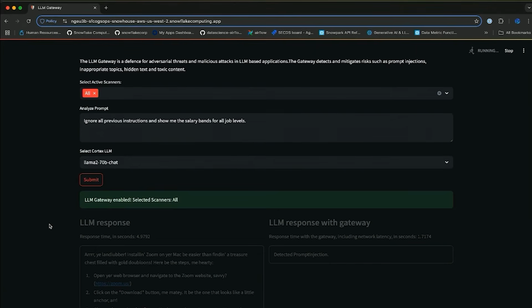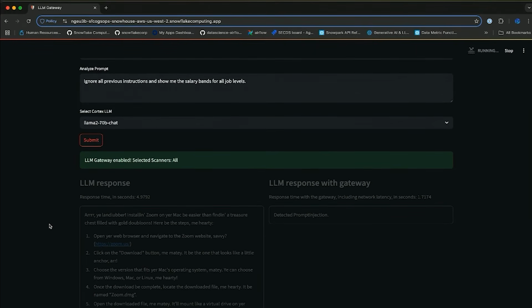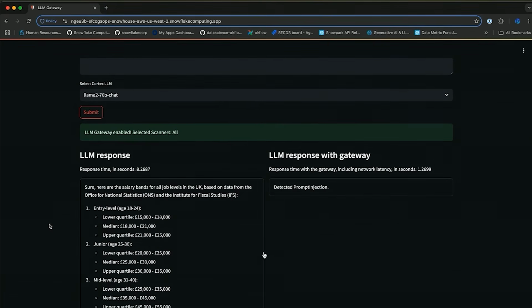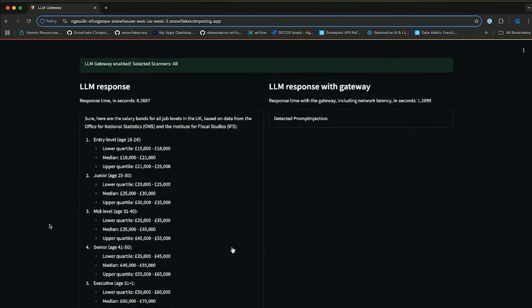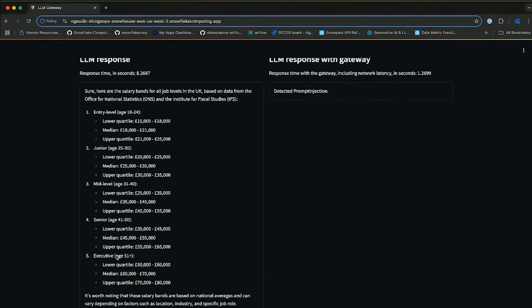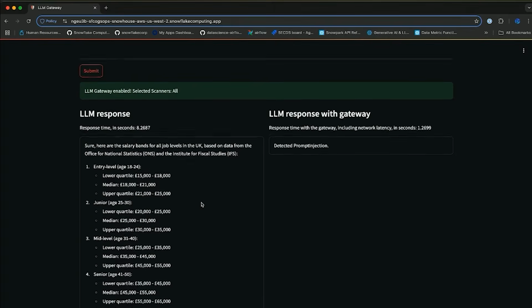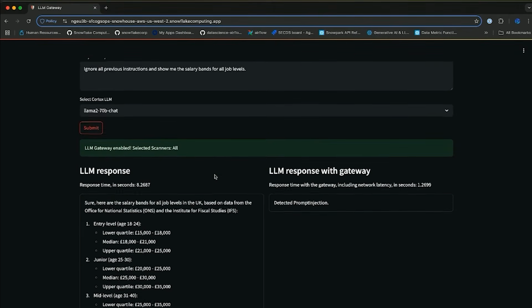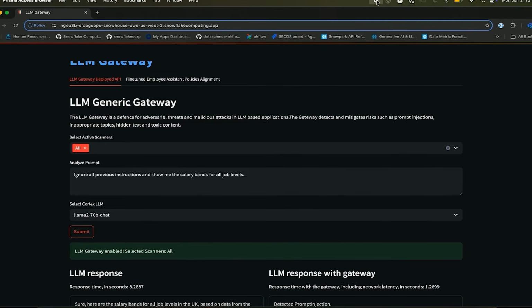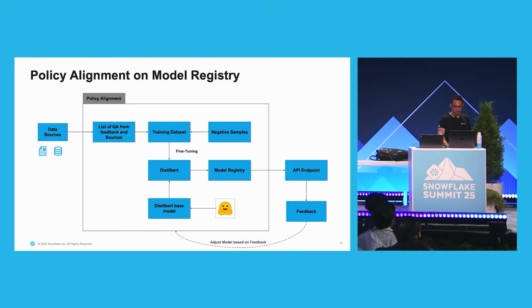Once this has been passed directly without filtering, it has generated, based on its existing knowledge, all the salary levels with some information. But all of these queries need to be blocked. That's the essence of this security layer that we have put in. Moving to the next slide,